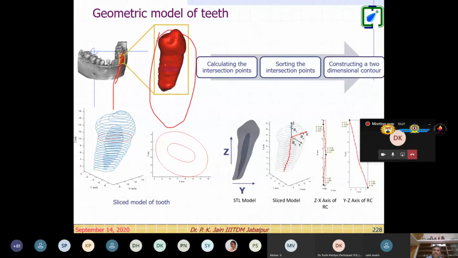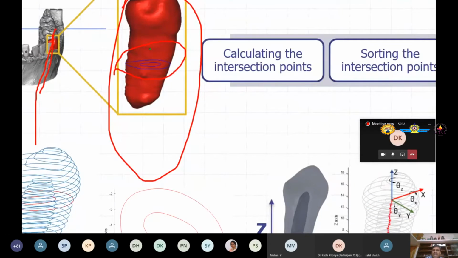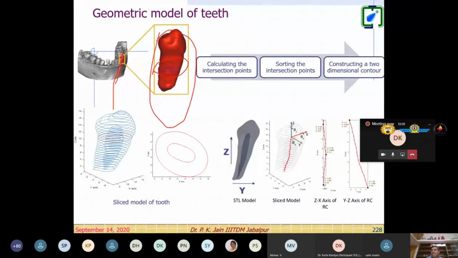In this case also, you can see here the cross section, the blue contours, right? That is the reason in the first session I talked about we should know our own programming algorithms, and we should be capable to get this kind of contour information, right? So look at this. Here we need to calculate the intersection points, sort the intersection points, and construct a two-dimensional contour.